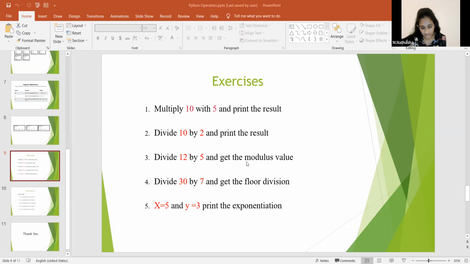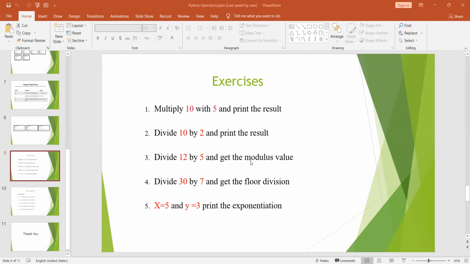The answer is print, open parenthesis means open bracket, 12, the percentage sign.